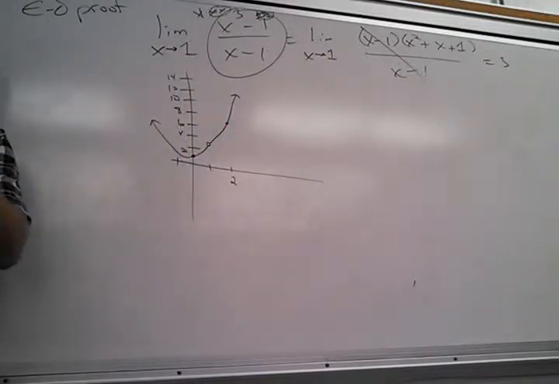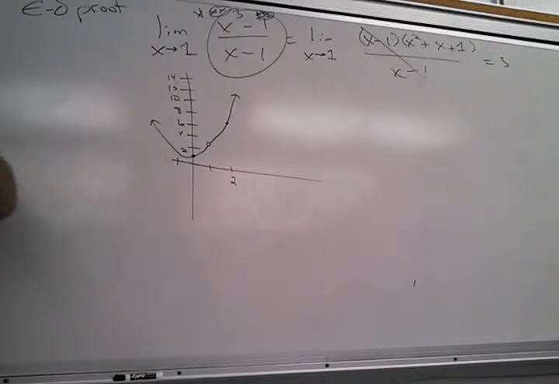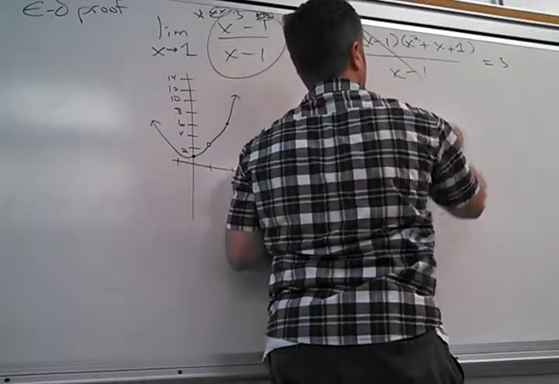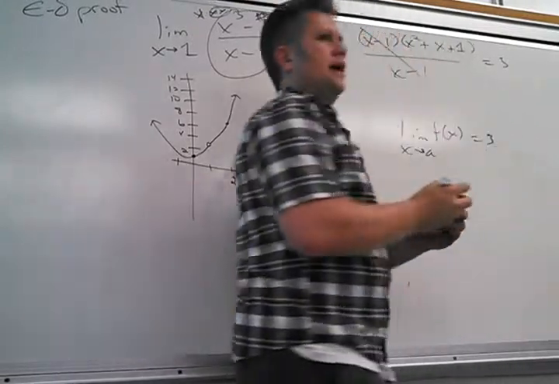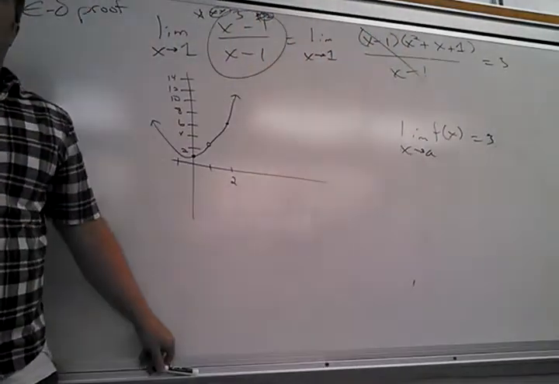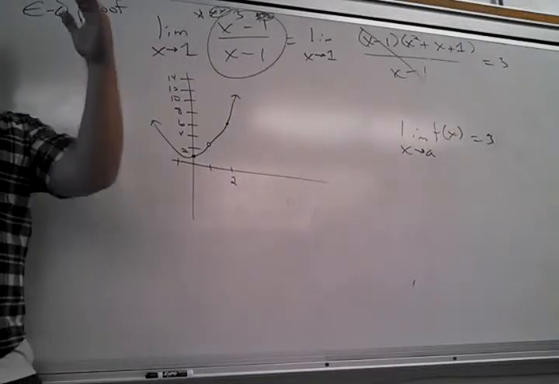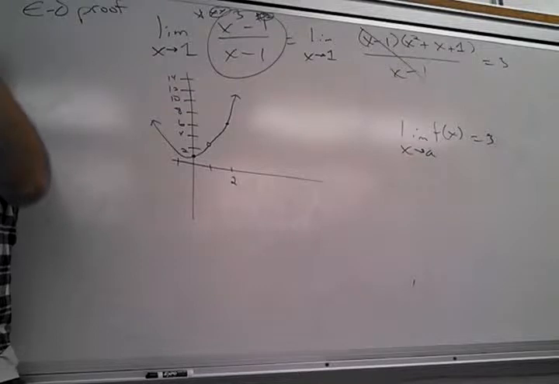Okay, so the whole idea of this section, let me see if I can make this make sense from the very beginning. The idea of a limit, what does it mean? If the limit of a function as x goes to some number is 3, what does that mean? That means you're going in the positive and negative direction towards 3. They're never getting there. So at some point, this function has to get close to 3.